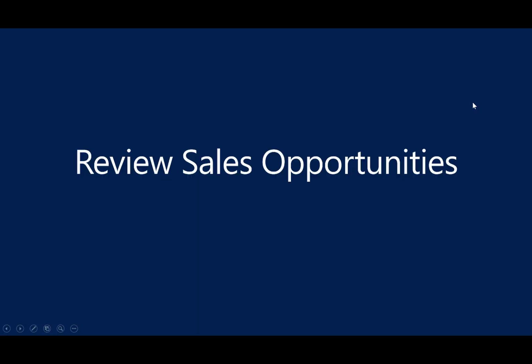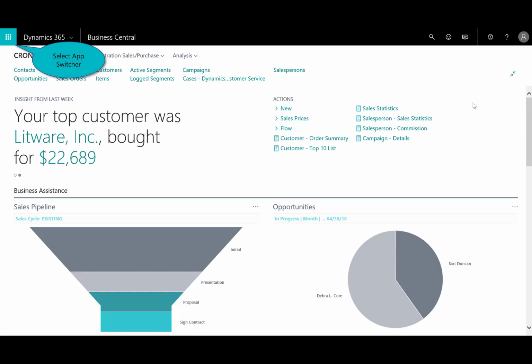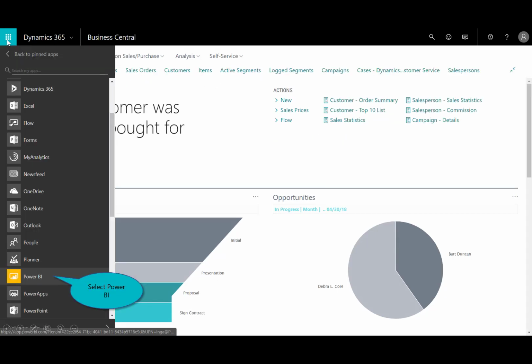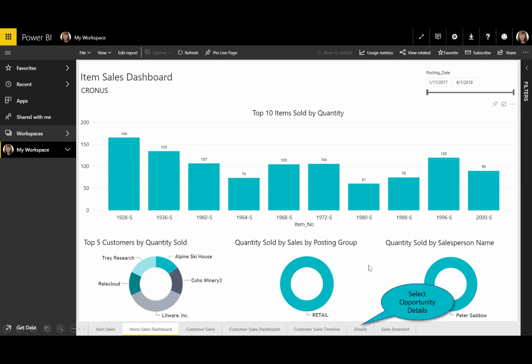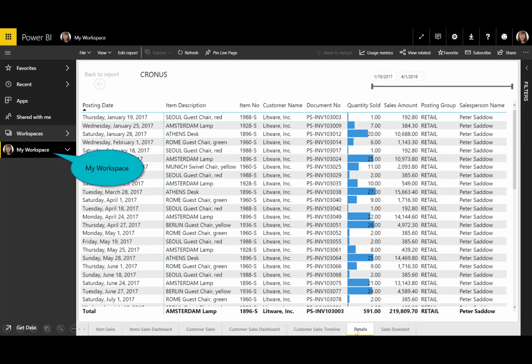And then the third was the ability to look at some sales opportunities. And this to me again goes back to the integrated experience of I've got some rich information directly here, but we also use other tools provided by Microsoft. So switching that to Power BI and to look at my dashboard, right? I'm now in my workspace and I can drill into any of the details of that report. And then I can select the details here and see a ton of information that's relevant based on current sales